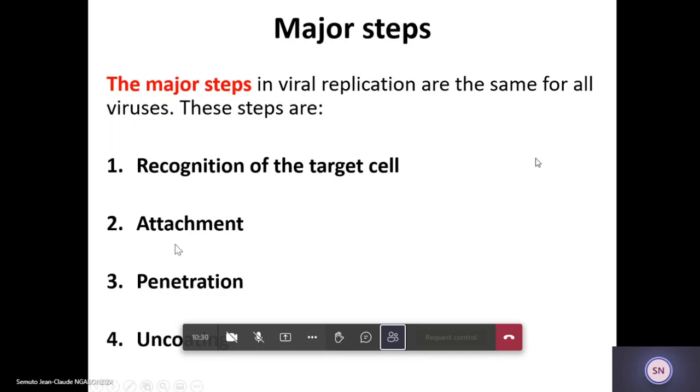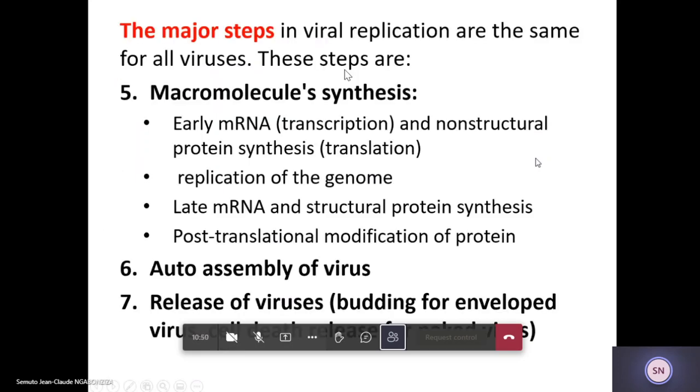It has to attach on the target cell and penetrate into the target cell. It has to remove its coating, the capsid, and release the nucleic acid in the host cell. Then once the nucleic acid is released, then from the template, the nucleic